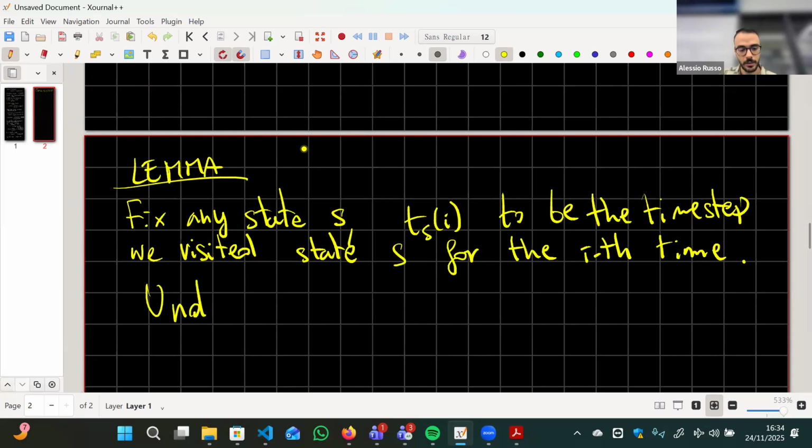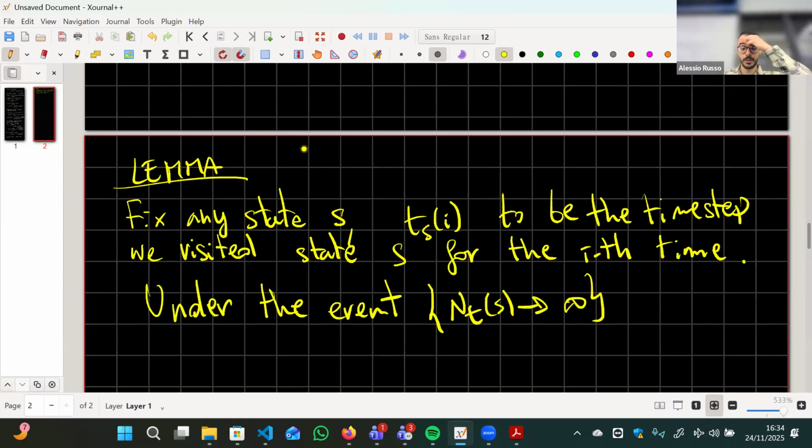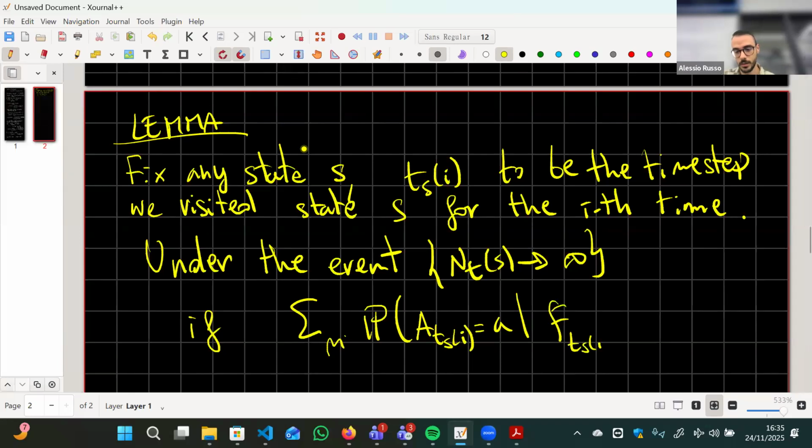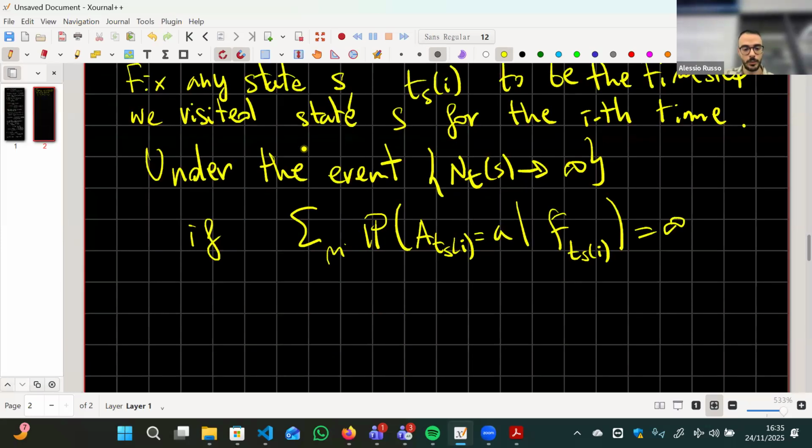Under the event that we are going to visit this state infinitely often, if this sum here is equal to infinity, then we have that